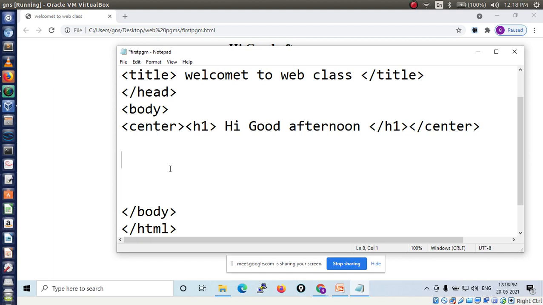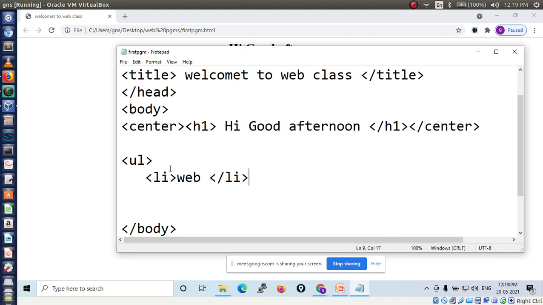See here, first we have to write the ul tag, followed by subject. I want to display subject Java web lab, so for that I need the li tag to display the list items. Li tag, then I write web, then close the li tag.